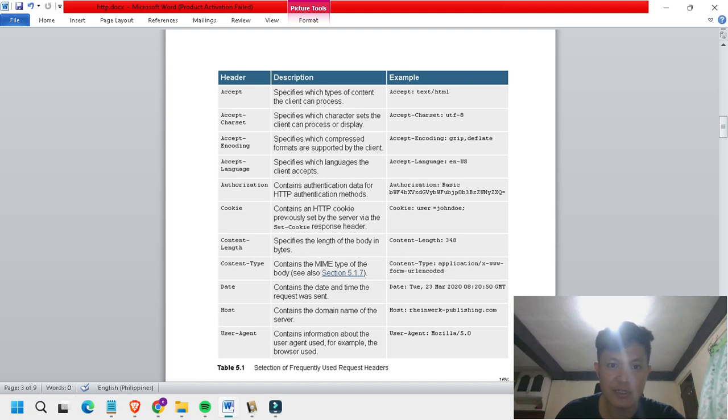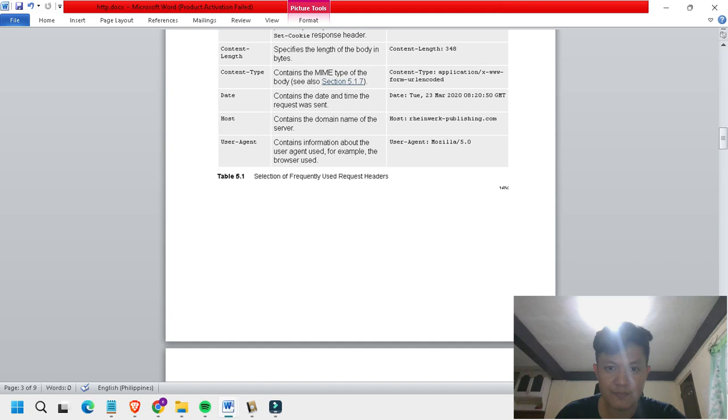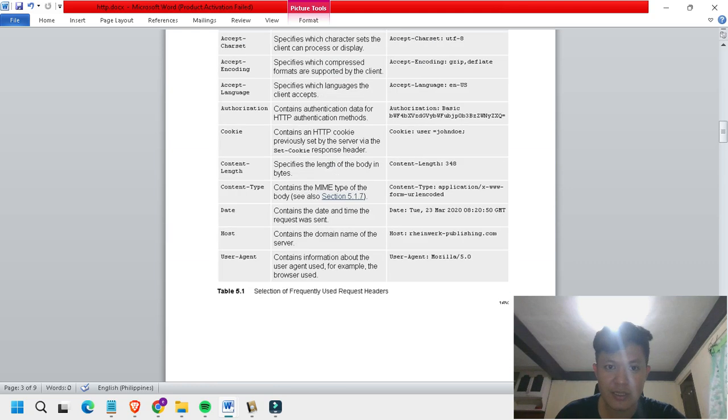Accept specifies which types of content the client can process, like text or HTML. Accept-Charset specifies which character sets the client can process or display, like UTF-8. Basically, those are the frequently used request headers. I think host is important as well.